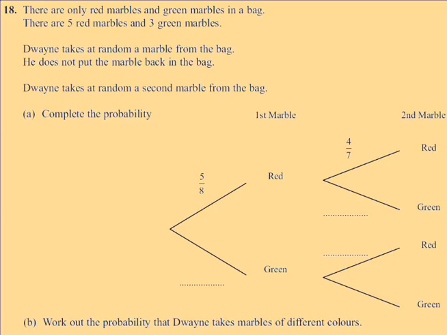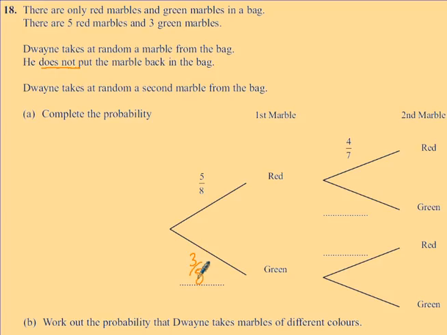Dwayne takes a marble at random from the bag. He does not put the marble back in the bag. Okay, that's really important for us to read and take on board that information. First job is to complete the probability tree. So the probability here being 5/8, as we already said, this will be 3/8 because 3 of the marbles are